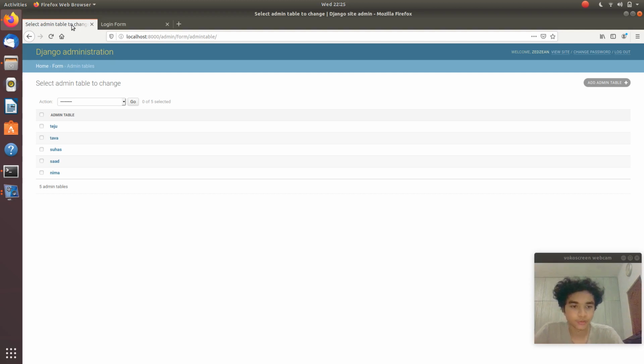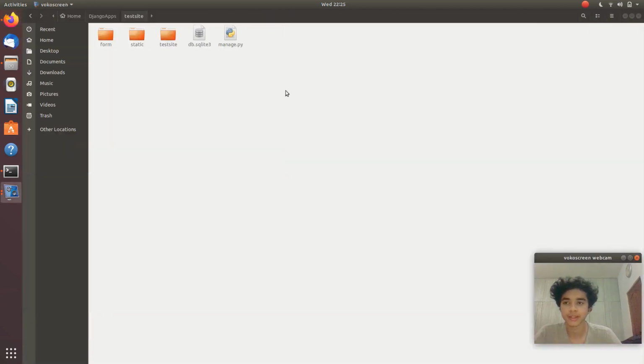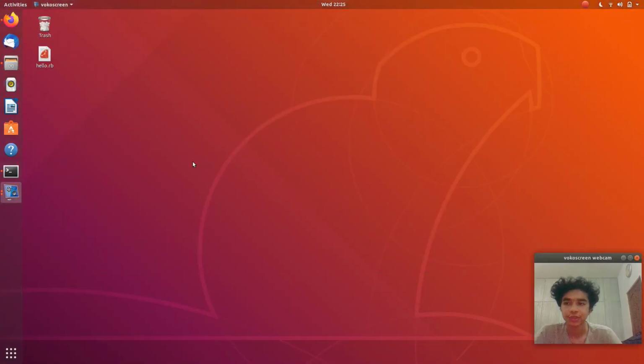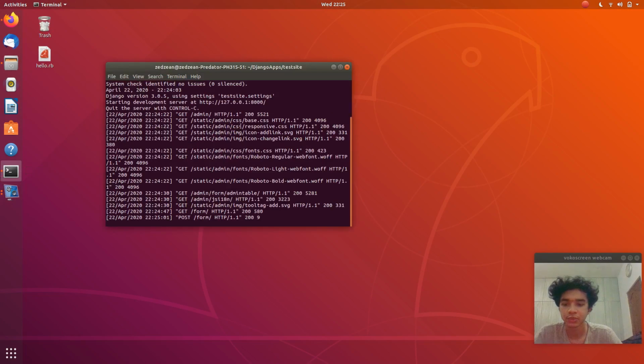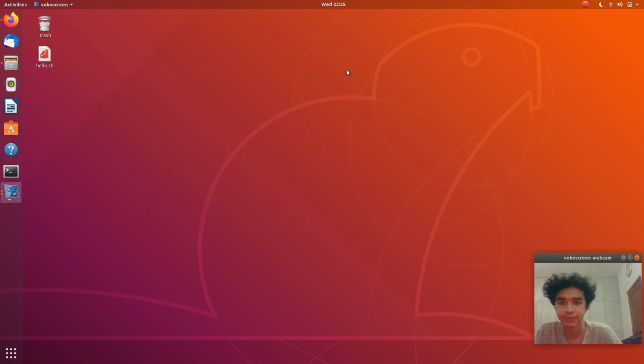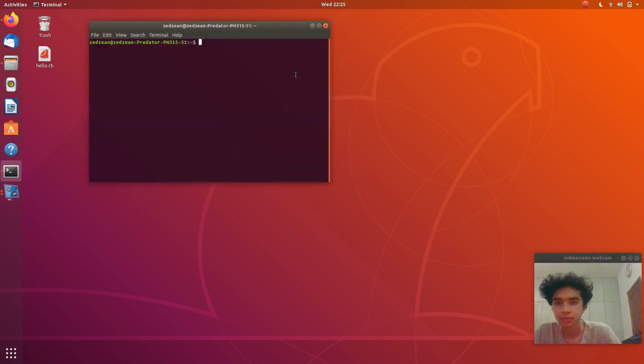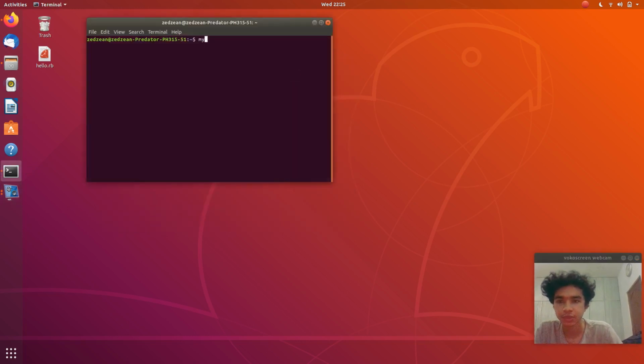Okay, so now I've actually connected my MySQL database server to my Django app already. Django by default uses SQLite as its database, but I've changed that to MySQL, and I'll show you that my table, which I just showed you there, exists in MySQL. Let's close this. So to run MySQL, as I said before,